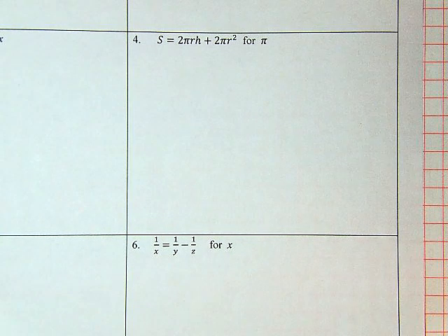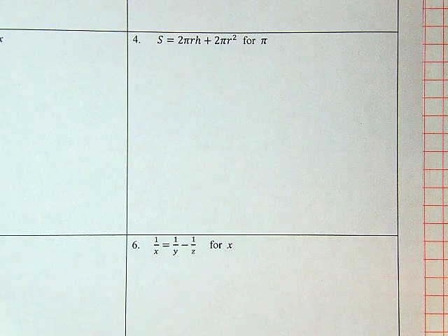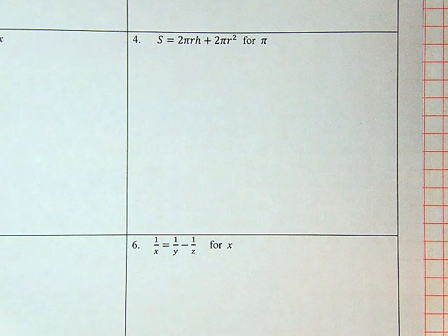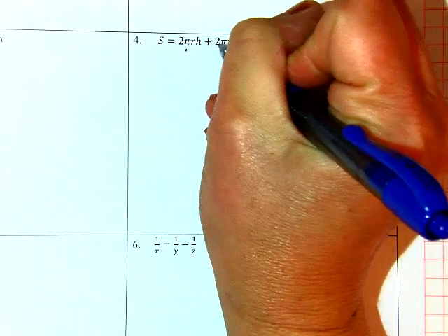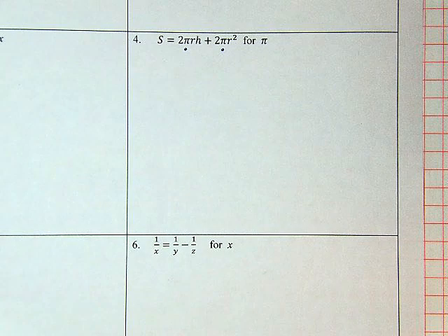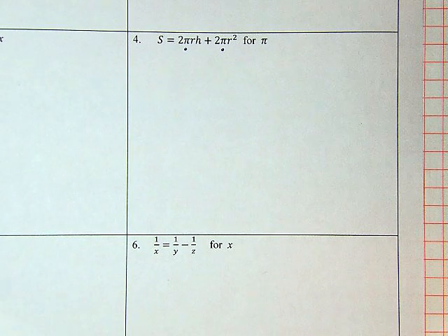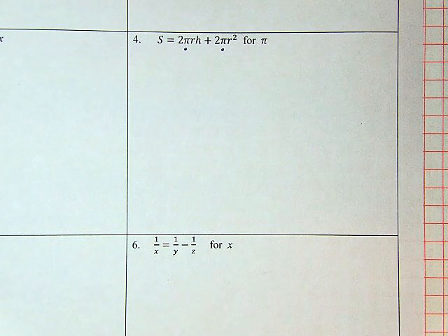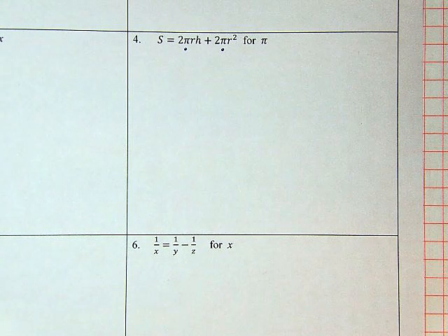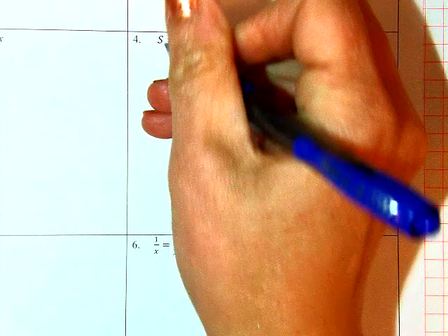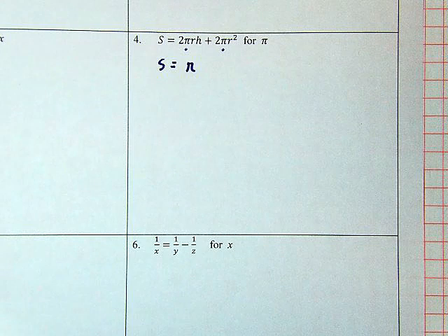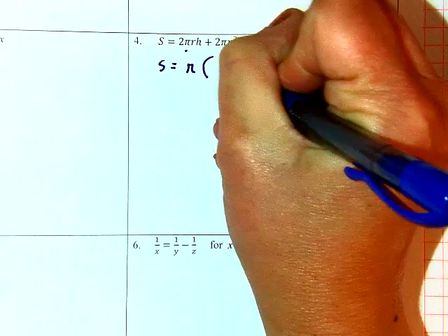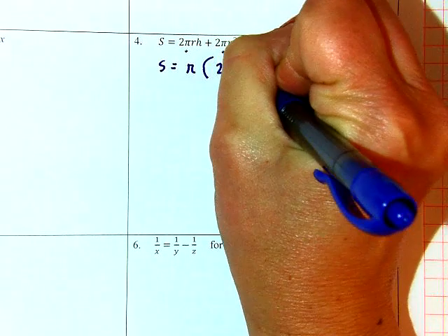All right, problem 4. I can recognize this as the surface area formula for a cylinder. And here I'm asked to solve for pi. But what's interesting here is that I see pi in 2 places, here and here. It's in 2 places, and both of those terms are on the right-hand side. So what I want to do is treat pi as a common factor. It's not my greatest common factor, but it is a common factor. So I know that my surface area is equal to pi, and I'm going to factor it out of both terms, times 2RH,